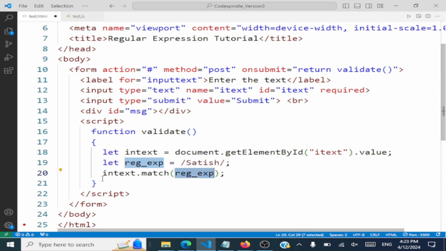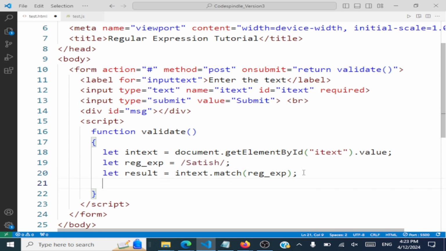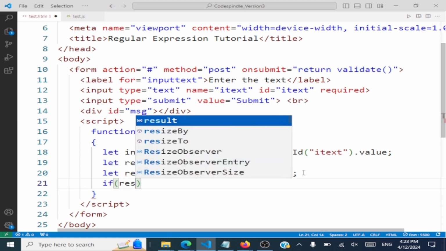What will be returned is that pattern itself. Say if Satish is present, what will be returned? Satish itself will be returned. So let's say that result is equal to inText dot match. If the user is entering Satish teaches Java, what will be returned here is the pattern that is matching. Satish will be returned as the result. If it is not matching, result will be null. So we can very well check if result